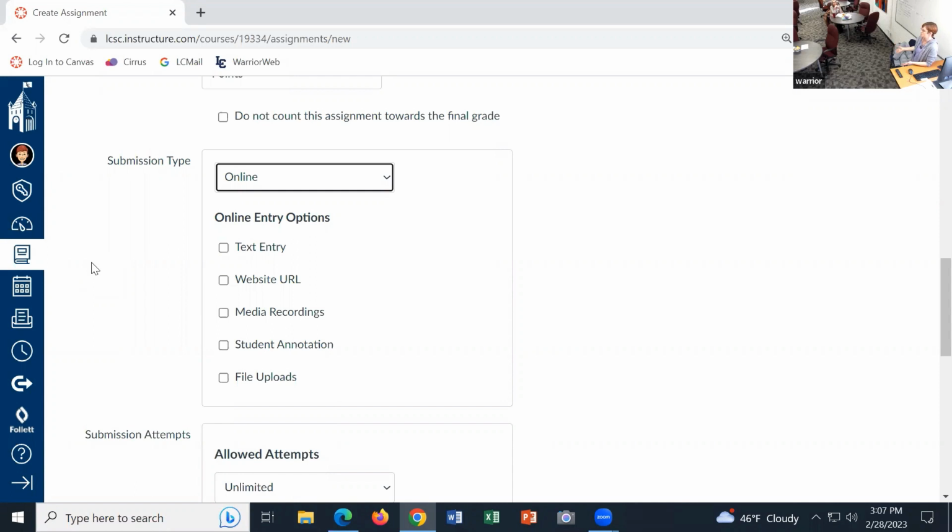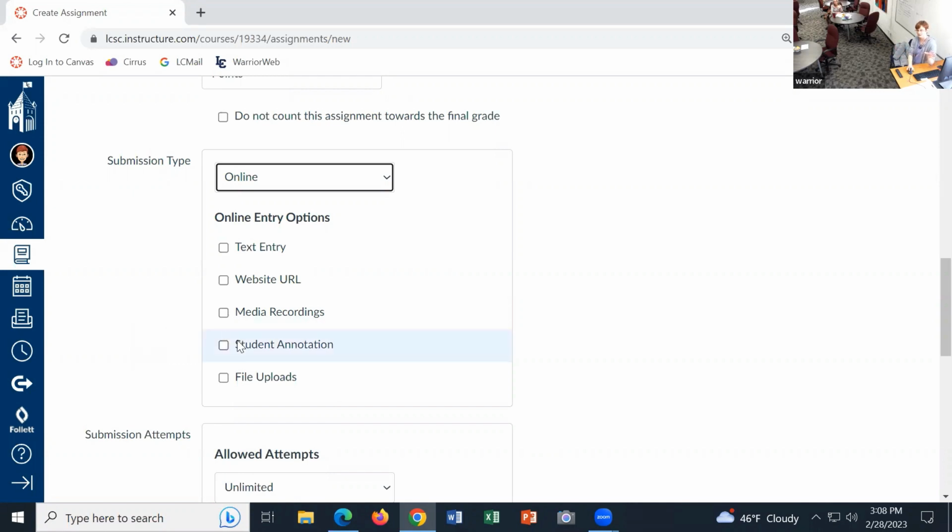You also cannot use the grading annotation tools when it is a text entry assignment. So all your little markup and highlighting, you do not have that because that requires a document file to load in the document viewer. So just be aware that that is a thing if you pick text entry. Website URL just provides them a space to copy and paste a URL. They are using an external website and then they have to drop that into an assignment. Media recordings lets the student fire up a webcam and record directly in Canvas, getting on the camera and saying, this is me, blah, blah, blah.